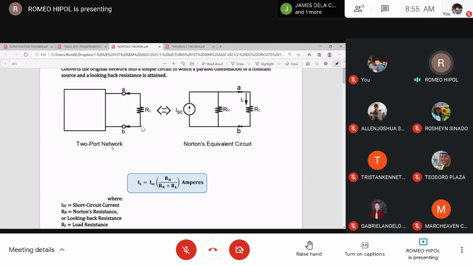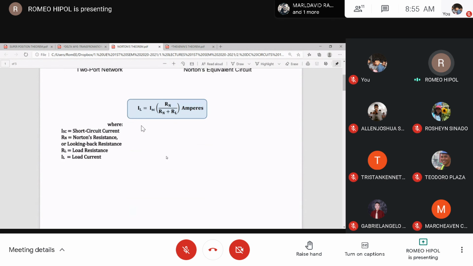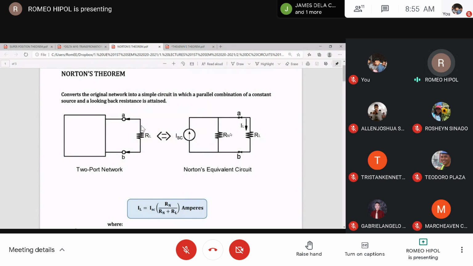we have a two-port network, di ba? So we are going to convert the two-port network or yung given circuit into its equivalent Norton's equivalent circuit. So in Norton's equivalent circuit, mapapansin nyo na we have a current source and two parallel resistances, wherein the source is called the short circuit current. Intindihan? Ito. For the short circuit current,